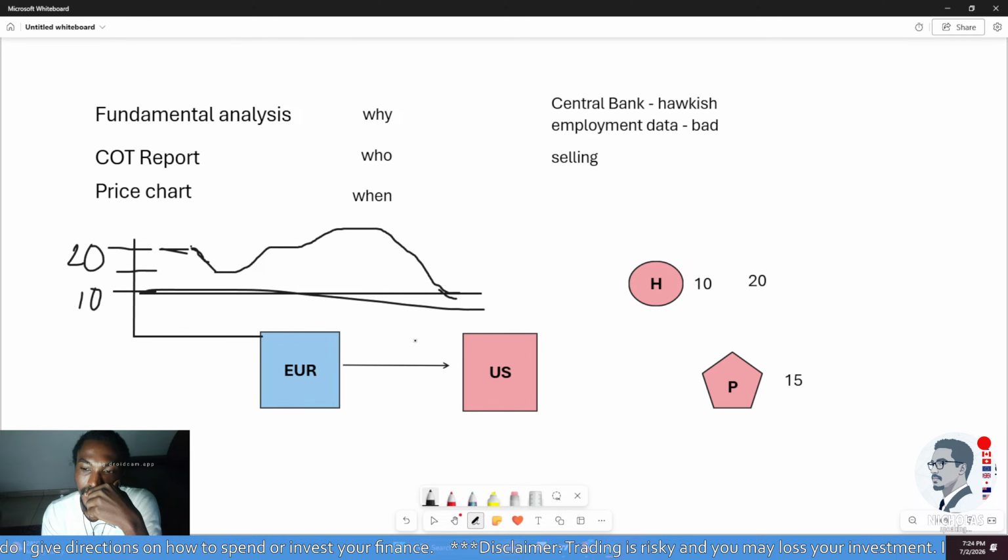Same thing happens for currency. If people who are buying the dollar think that $1 and 50 cents, sorry,